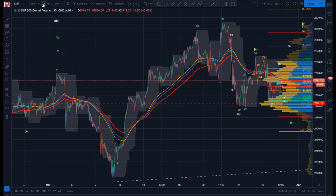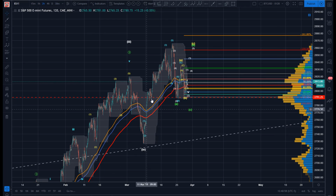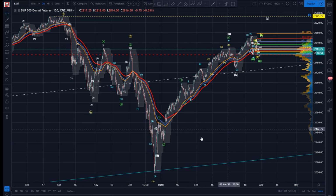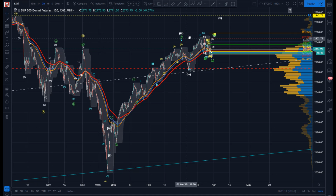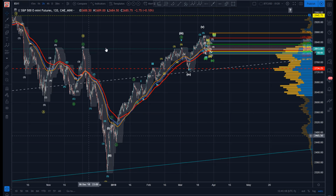But until then, let me go back to a 2-hour. There's no high probability trade here. We need to get something better to work with. We need a pivot that makes sense in the broader context of the larger count. Right now, first question, are we done here? There's no way to call that yet. It's very possible that we're done here, although